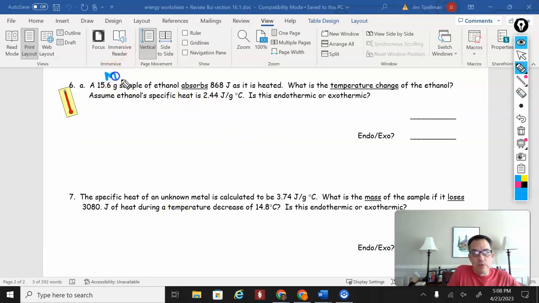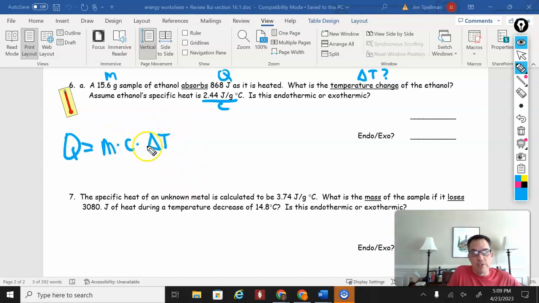15.6 grams, that's your mass. Absorbs 868 joules, that's your energy. This one's asking for the temperature change. This is what we don't know. And it gives us the specific heat of ethanol. So again, we're solving for delta T, and so we have to rearrange our equation a little bit,